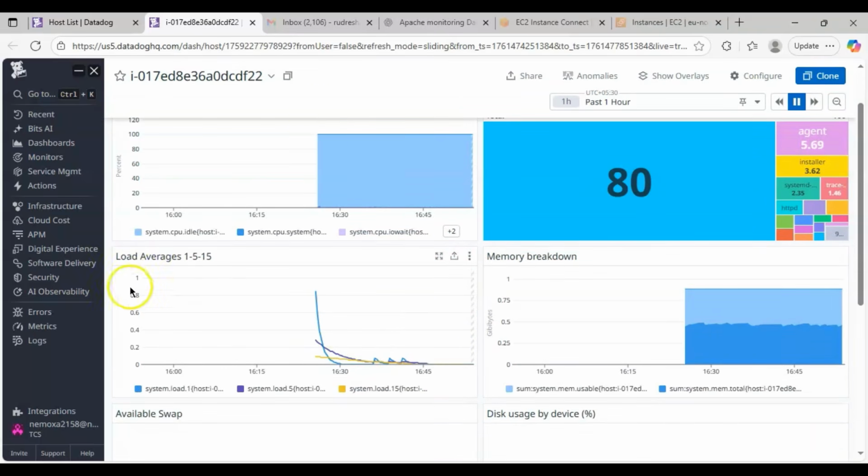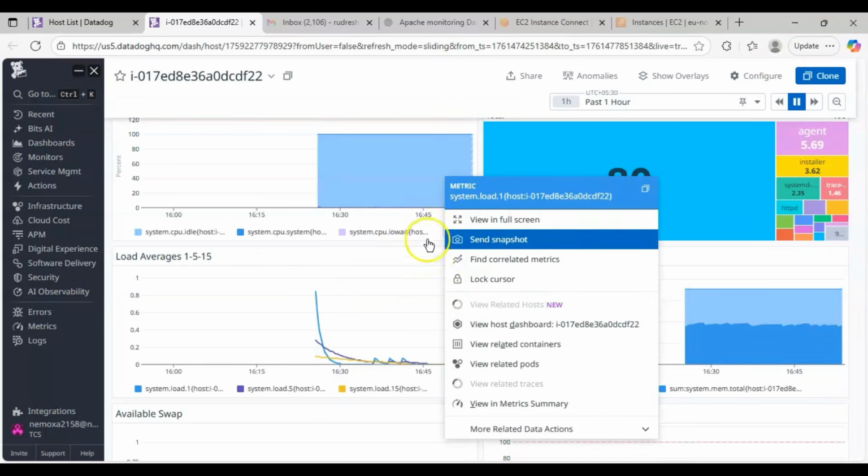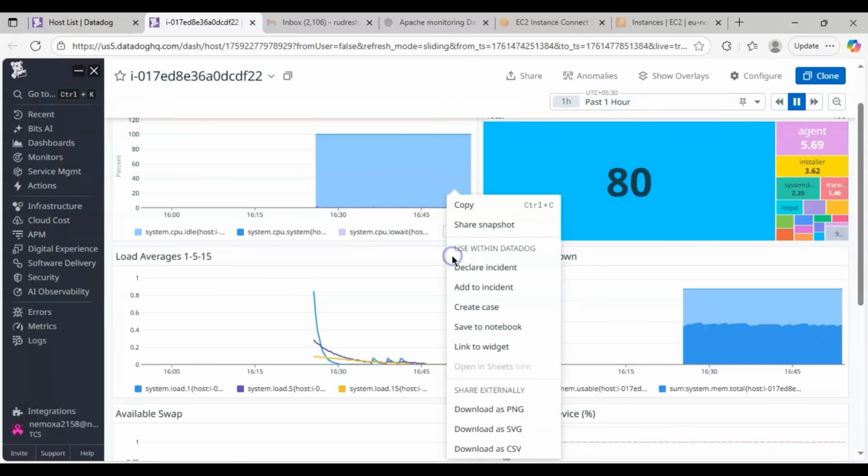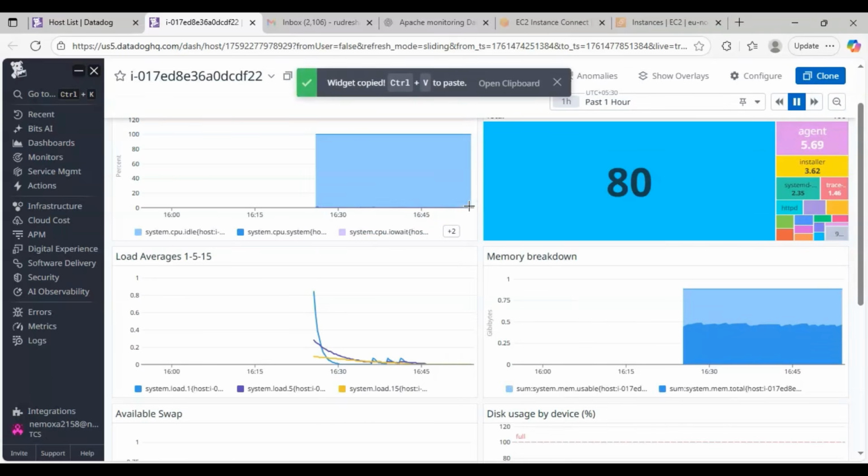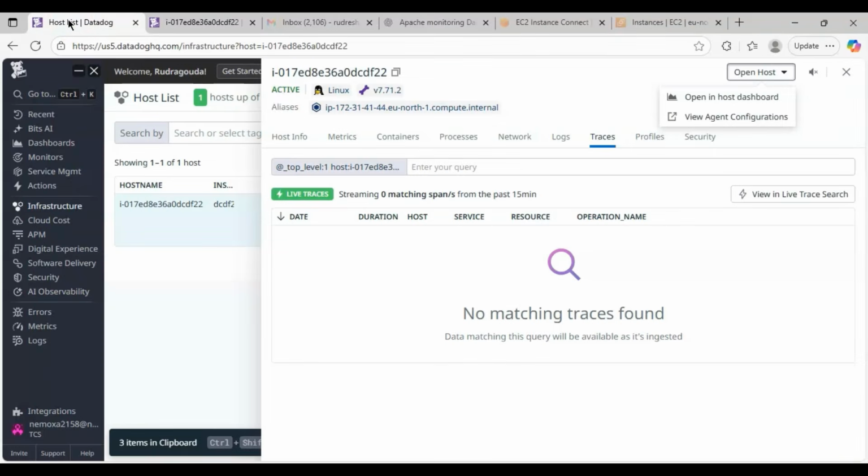For example, you are interested in this load average part. You want to see this load average information in your Datadog. For that, you can come over this particular screen and click on this export option. Here you will find an option called copy. You can see, right, one option called copy. Let me click on this copy option, and again you go back to the dashboard and simply do the paste. I'll go to the host section and then click on dashboards,